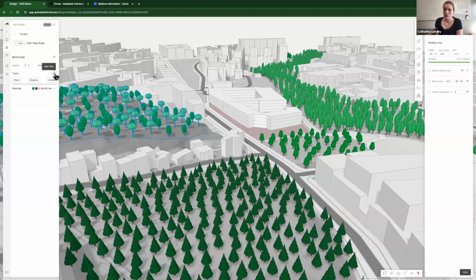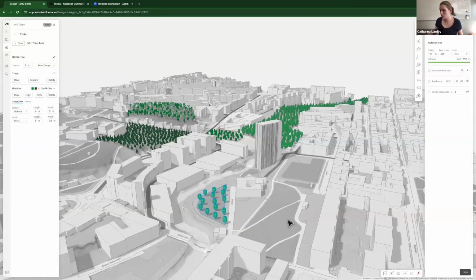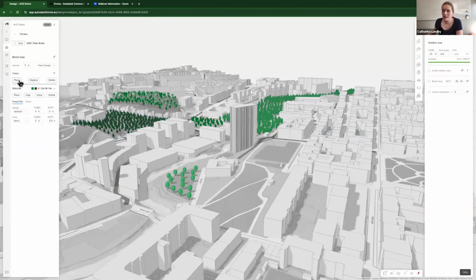And then we can add the tree type and begin to choose things like the canopy shape. Maybe this is going to be a globular shape, 6 meters tall, maybe 5 meters wide. You can choose the trunk and the height of the trunk, let's say 5 meters there. And then we can place the tree, either a single tree or a group of trees, which I'm going to use in this case,